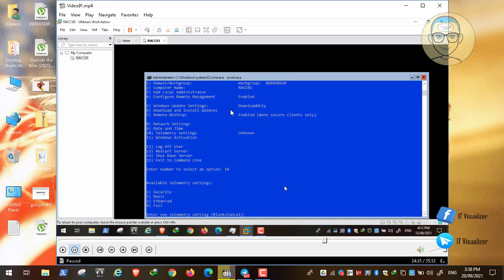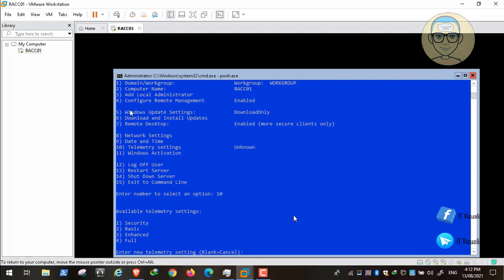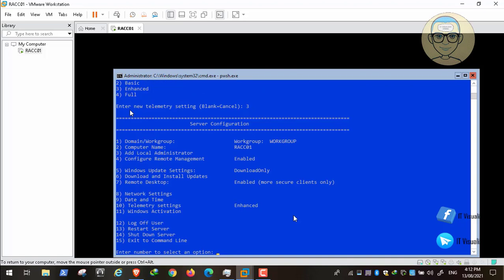So let's continue, guys. Here, as I said before, we will make the telemetry not enhanced, but security or basic. This is the best practice. Okay, but 3 is not recommended, so I have mistaken this one. And then we need to download, or we need to update